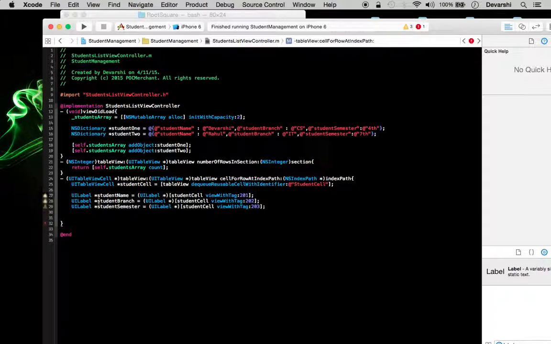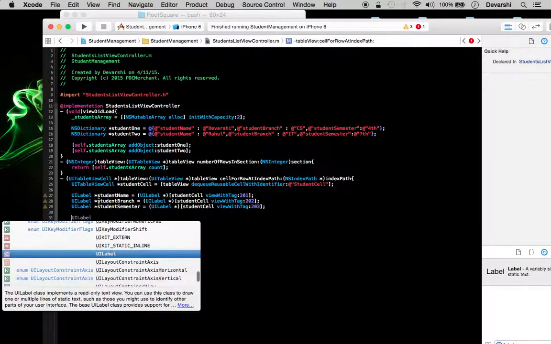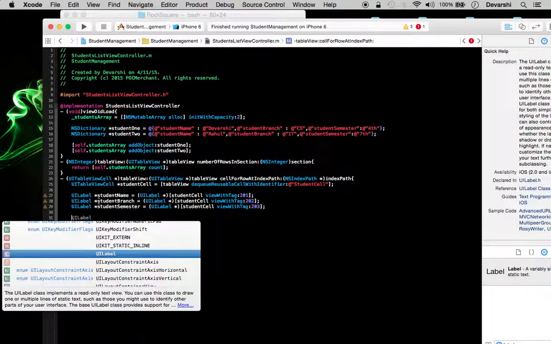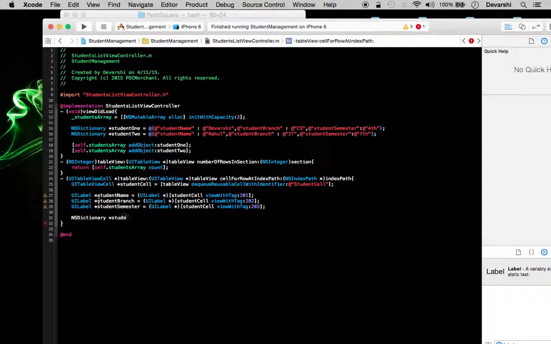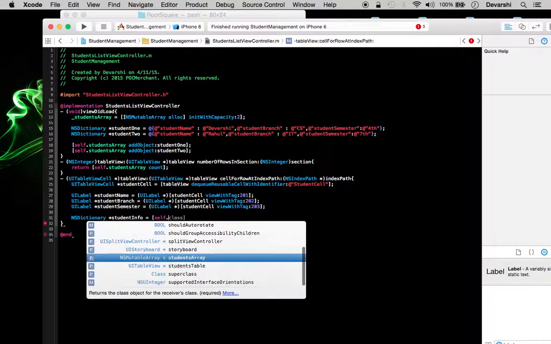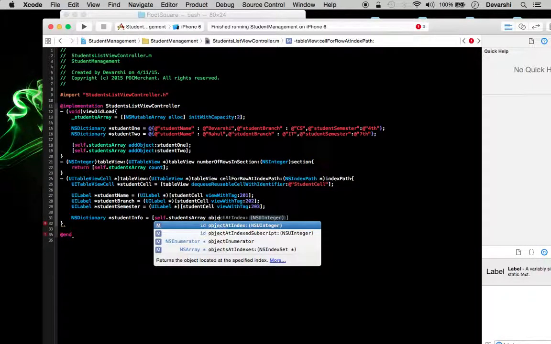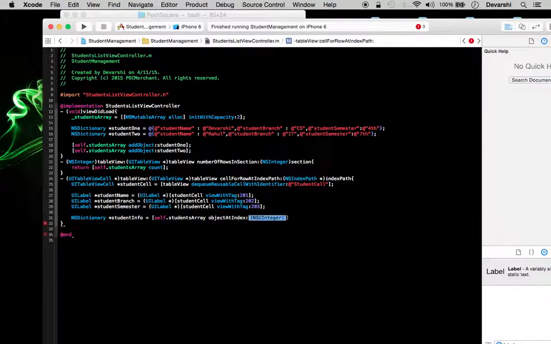Okay, so now I will try to get the associated dictionary. For that I am declaring a dictionary student info, and then I am accessing my array self.students array, and then objectAtIndex.